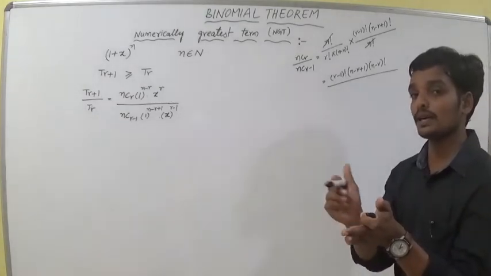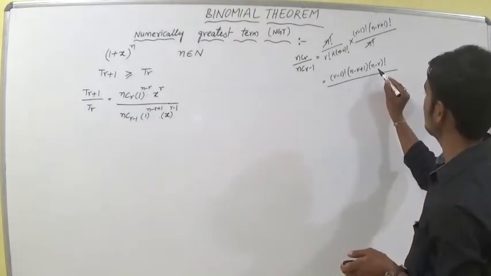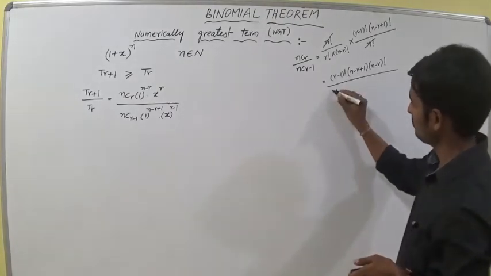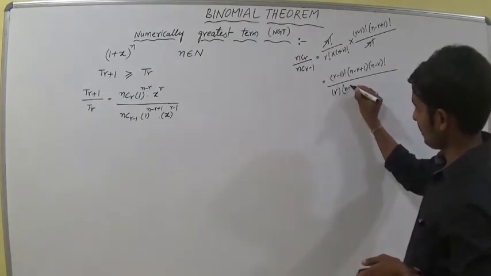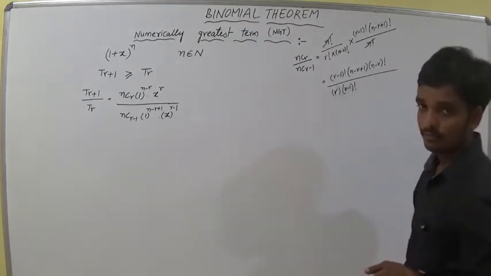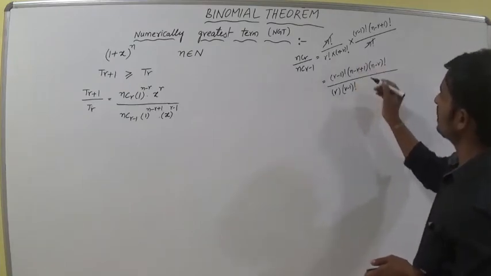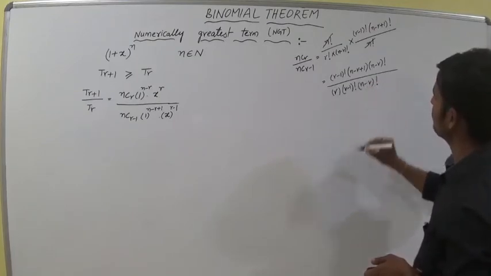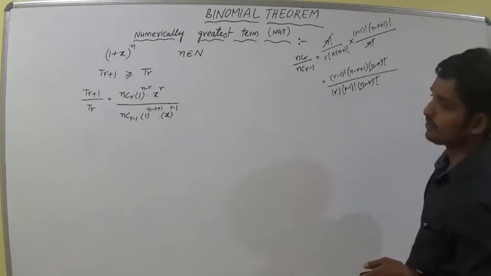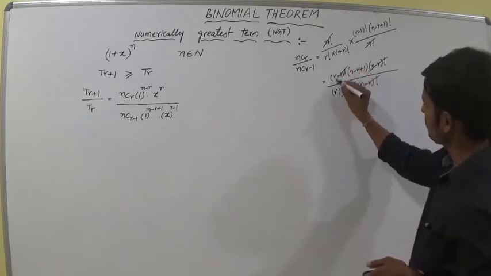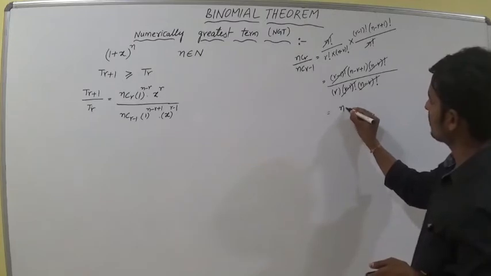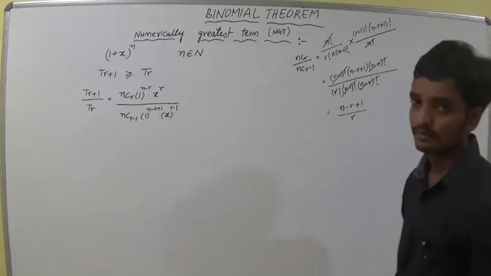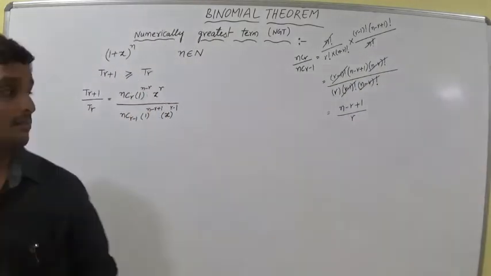The next term is, we are subtracting minus 1. Plus 1 minus 1 are cancelled. n minus r factorial. By the denominator here r into, I am writing r minus 1 factorial. The same way here n minus r factorial. n minus r factorial cancel. r minus 1 factorial, r minus 1 factorial are cancelled. What we are getting? n minus r plus 1 by r.